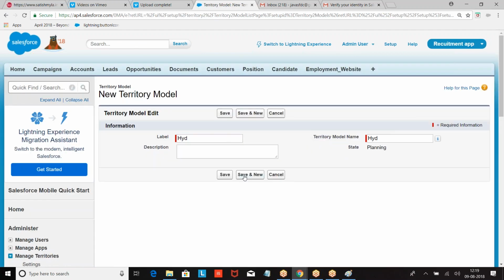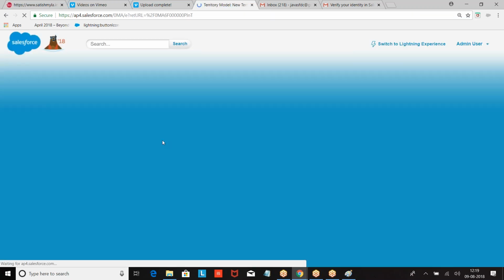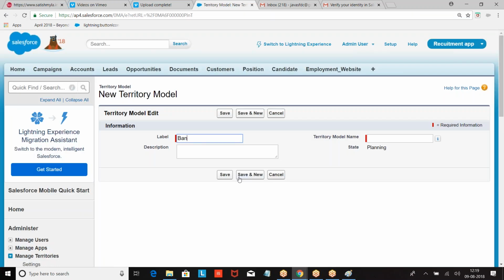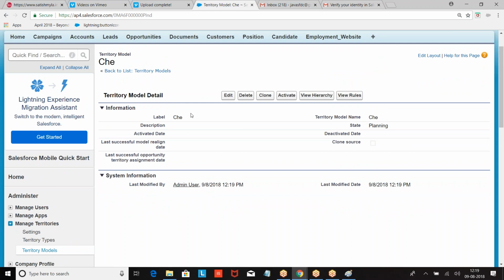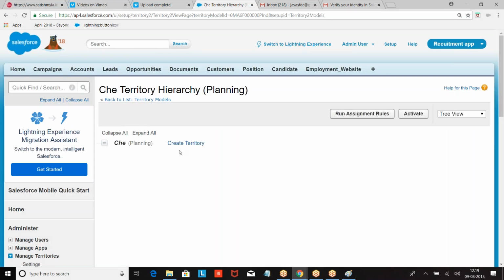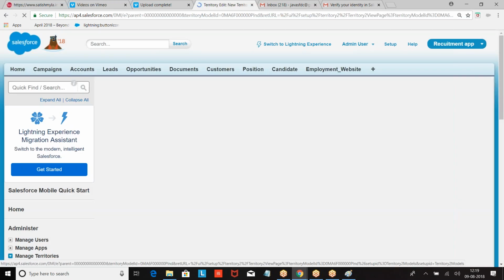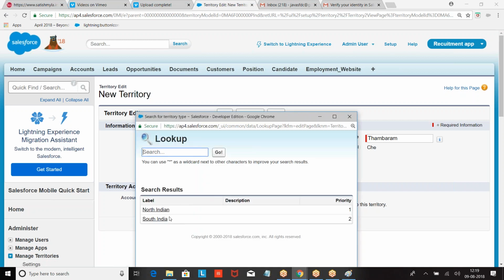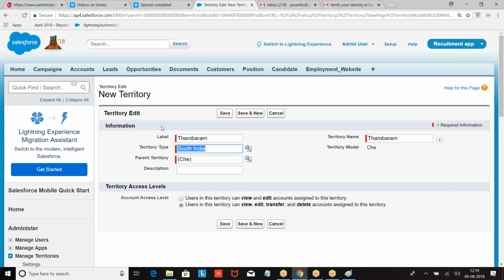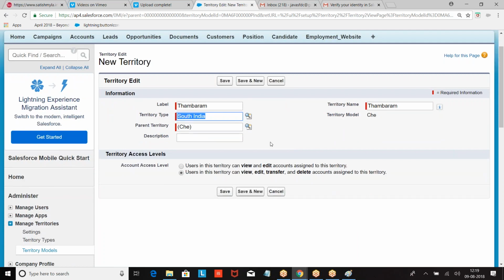Model of Hyderabad. Okay. Now we are going with Chennai, territory Chennai. What was this? View. So we want to see the territory model of Chennai. Under the Chennai, I am creating Tambaram. And this belongs to which type? So, in the South Indian Territory, we have Chennai. Under the Chennai, we have Tambaram.